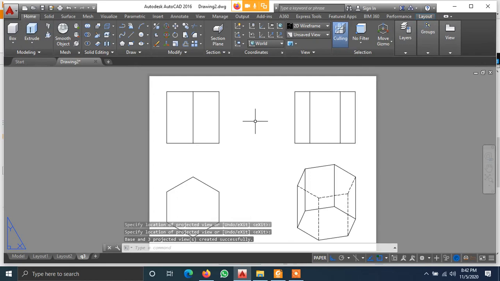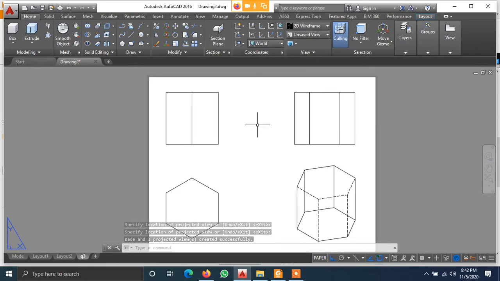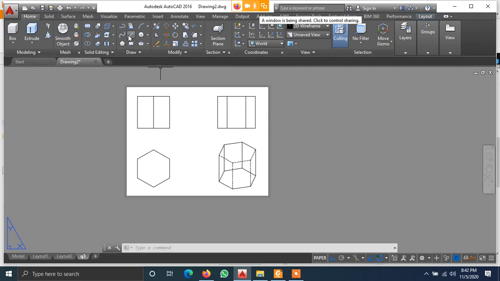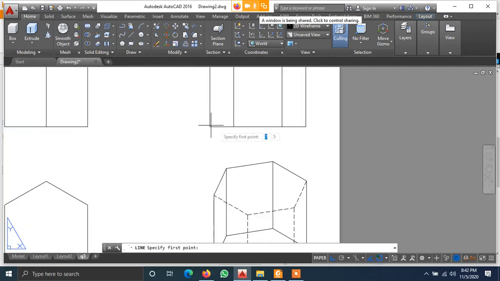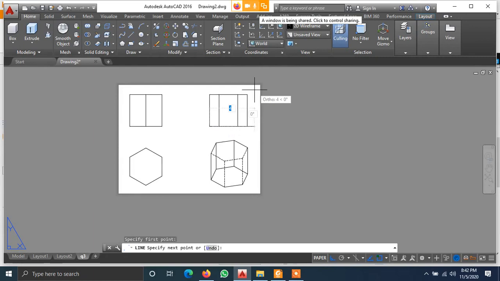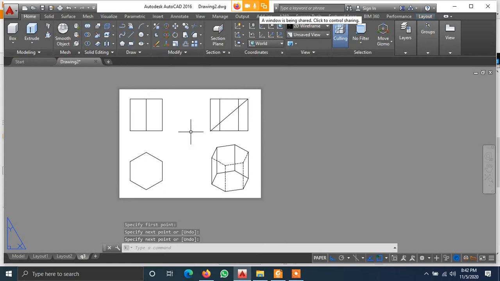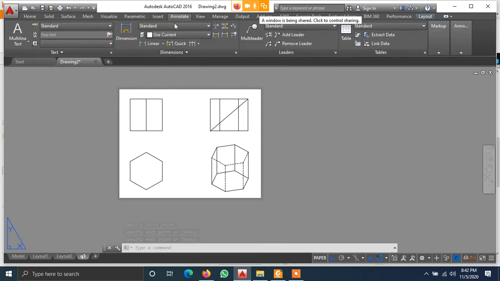Now is this thing clear? Now, which diagonal will give you maximum length, maximum true length? This one. In the side view only you can get the maximum true diagonal's length. So first thing is you draw a diagonal using the line, from this corner to this corner. Find out what is the length. So let us start annotating all these things.